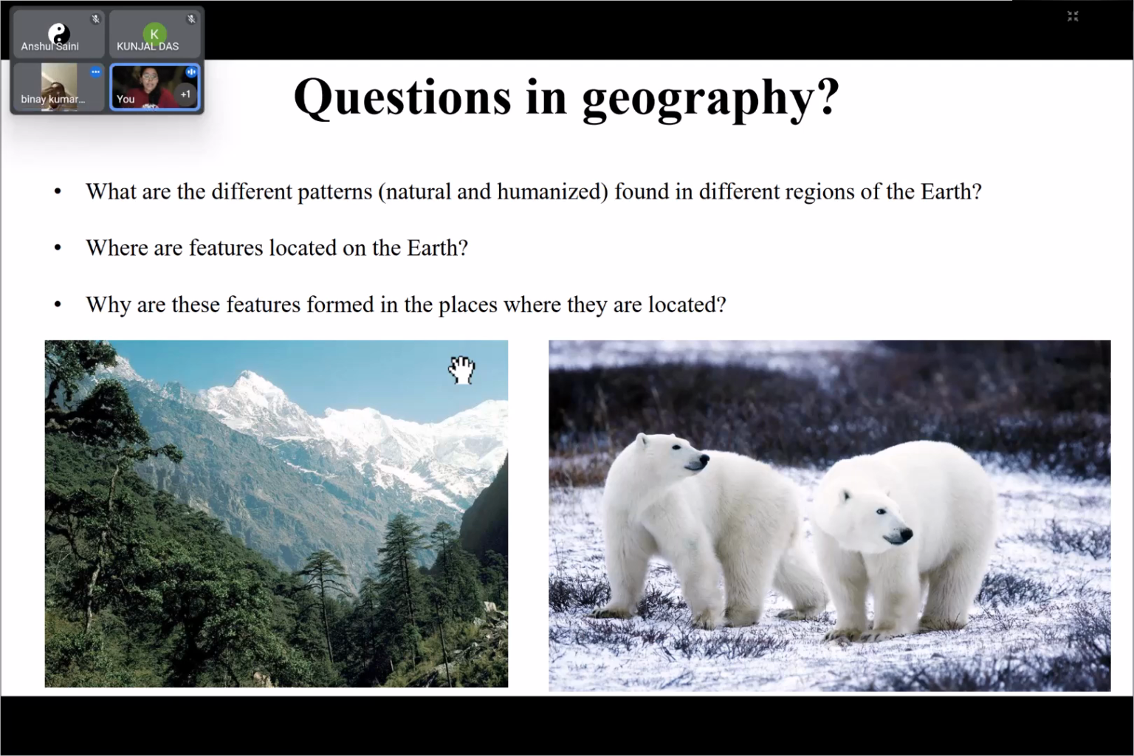Now that was about geography. So let's see what exactly we study in geography. So we study the different patterns of